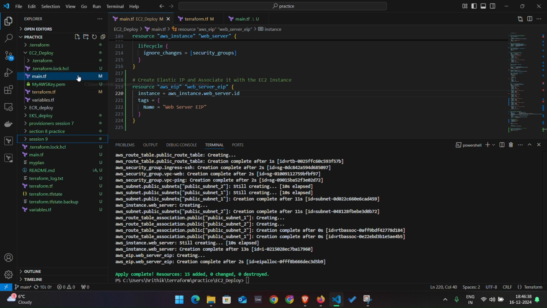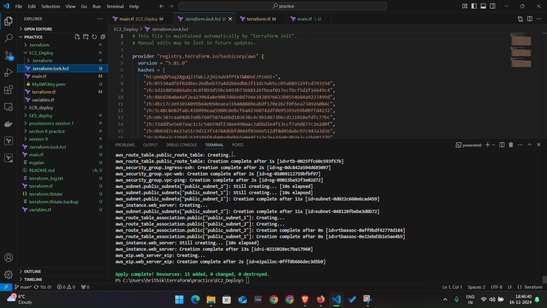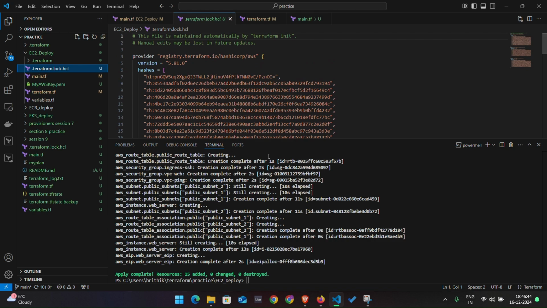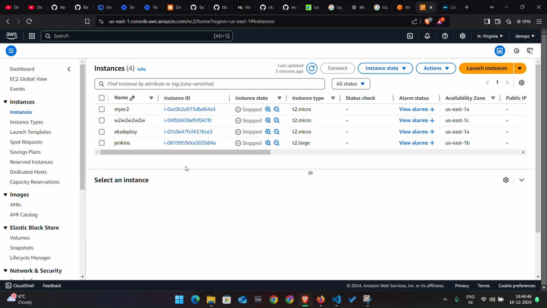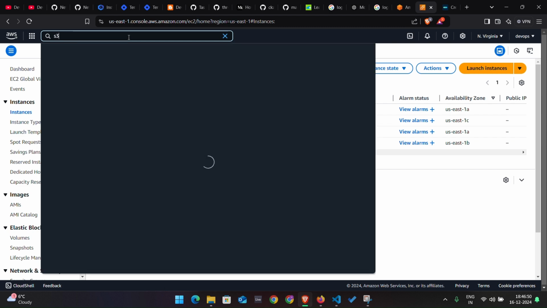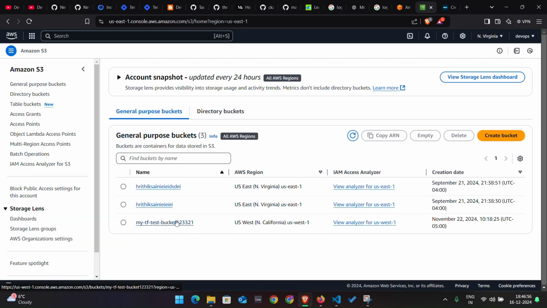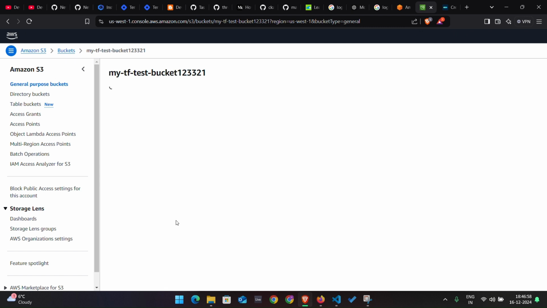Yeah. So we have our lock. So this is the lock that I was talking about. So everything would be updated into my S3 bucket. So let me show you quickly my S3 bucket first. Our state would be updated. So let me show you